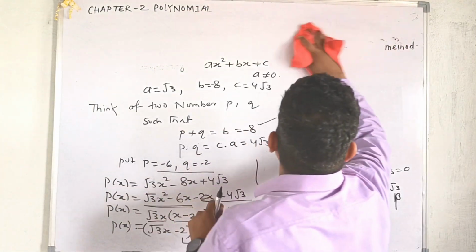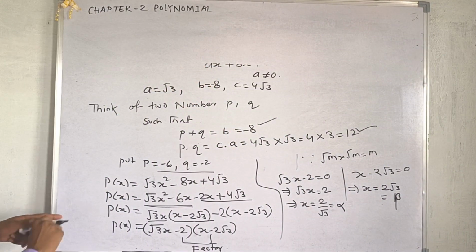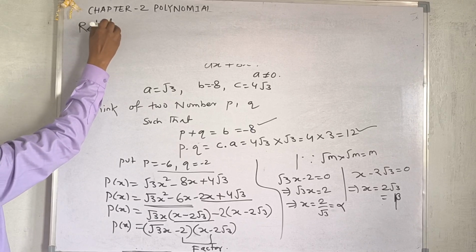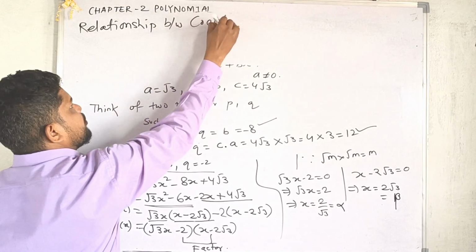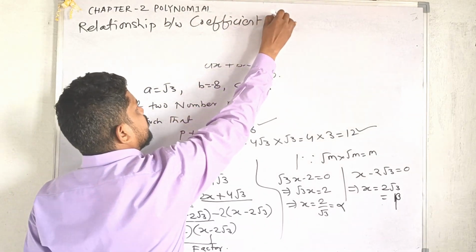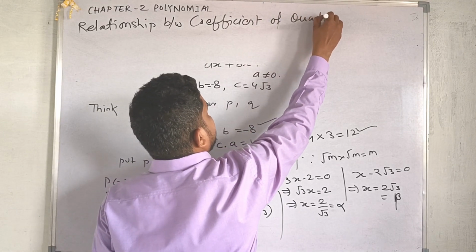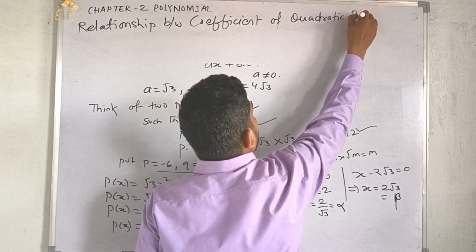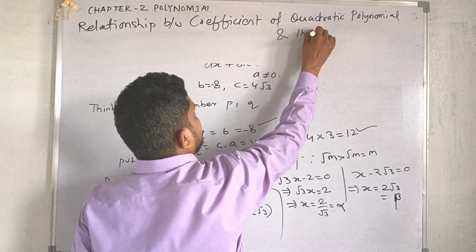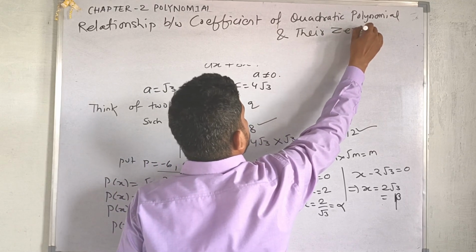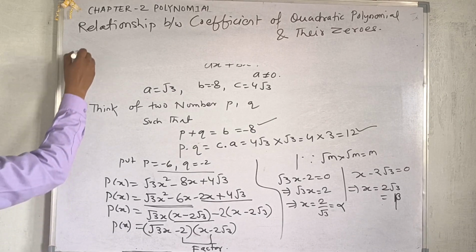the relationship between the coefficients of a quadratic polynomial and their zeros. What it says is that